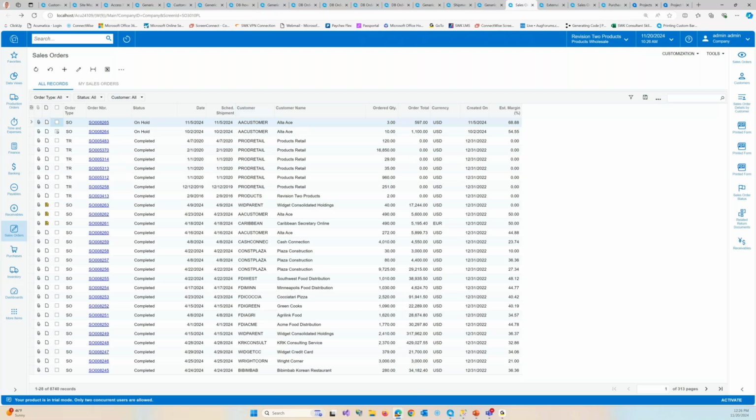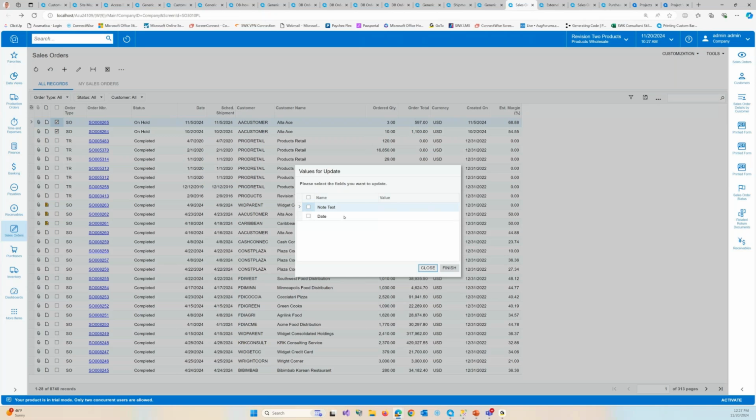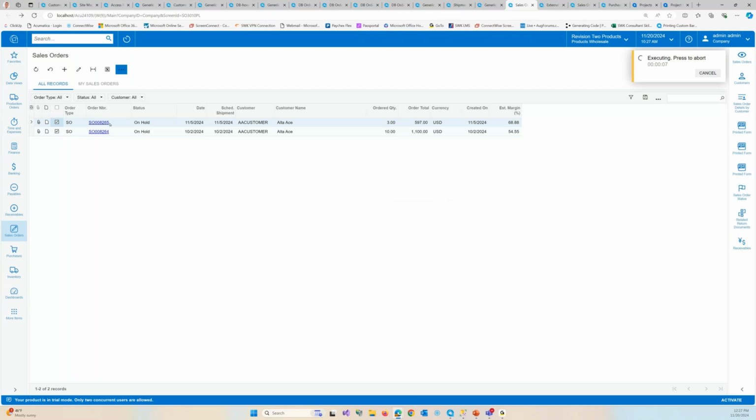When you update a record, you actually have to pick what record you're updating or it ignores you, which is something I did not do just now. So I've selected records. When you hit mass update or mass delete, you have these checkboxes, and you're going to then be able to take whatever fields you mapped and whatever you've selected, and I hit finish. I know this one's actually going to say it failed even though it didn't. And that's because, actually, no, these won't fail because they say they're on hold. So now if I refresh this,